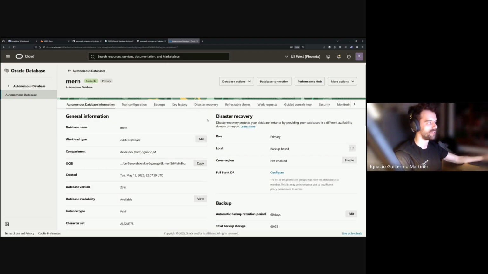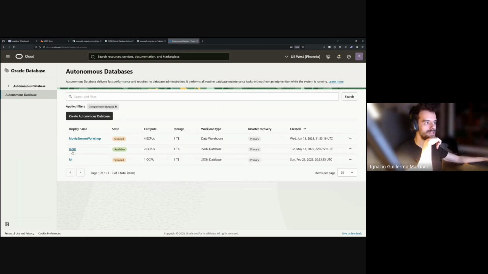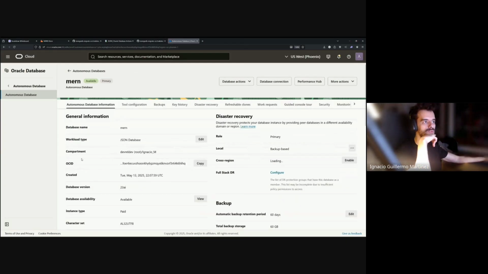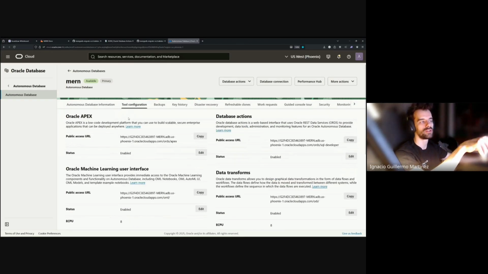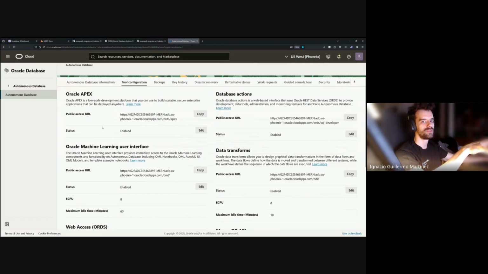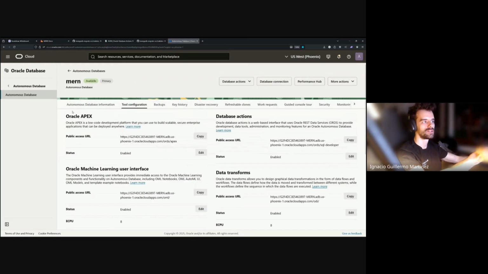But this all becomes available because on my Oracle database, I'm on my OCI account, right? I can see all the databases that I have, and I do have this one, which was created specifically for this demo and for showing this. We have a thing called tool configuration here, which allows you to activate plugins on the database. So for example, if you are a web developer, you might activate Apex, which is Application Express, a low-code or no-code